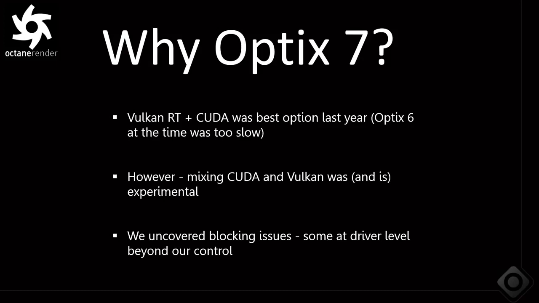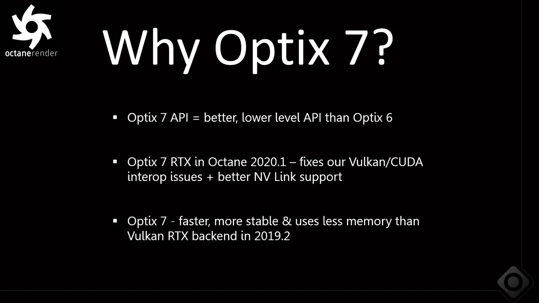But what we found towards the end of last year, and which is why we made the change for Octane 2020, was that Vulkan and CUDA interop is complicated. It's experimental. It really hasn't been done before, especially with the kinds of things we're doing with mixing hardware ray tracing. There was a lot of duplicated memory. There were some issues that really were at the driver level that even NVIDIA was telling us basically were going to take a while to fix. So it was for that reason that we felt that OptiX 7 was the better choice towards the end of last year. It was actually a fairly quick decision, and we integrated OptiX 7 in really about 2 months,